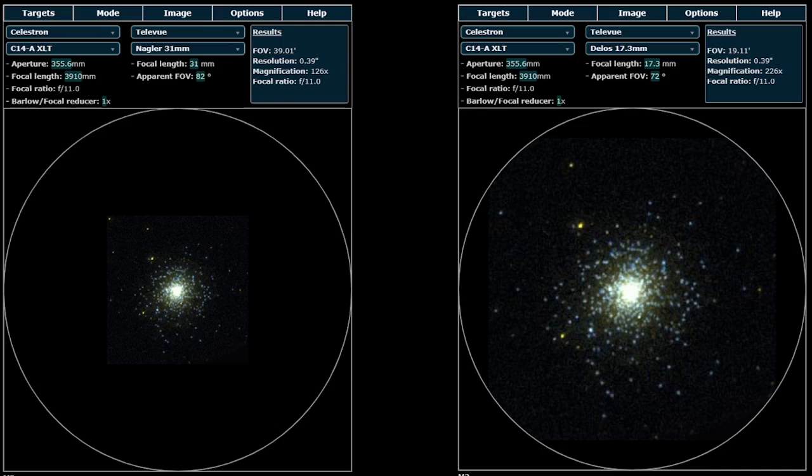So this is M2 as seen through the C14 at the observatory with a 31mm Nagler eyepiece, and you can see it could take a bit more magnification, where you start to resolve more stars. But as recently we looked at a globular cluster, didn't we, at the observatory? Yeah. And what was it like? But on my magnification, the darkness of the